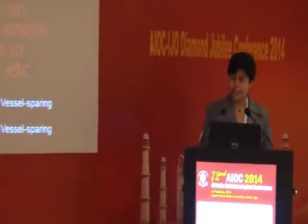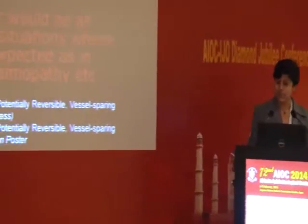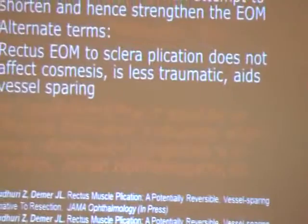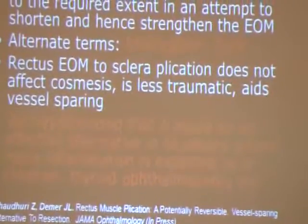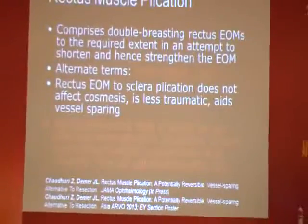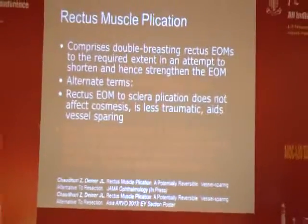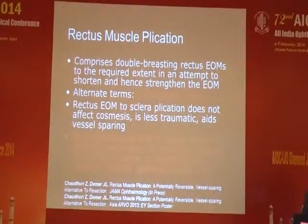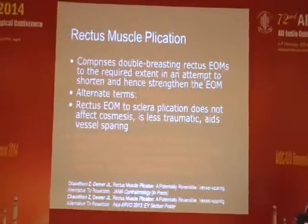A rectus muscle plication comprises double breasting the rectus extraocular muscles to the required extent in an attempt to shorten and hence strengthen the extraocular muscles. Various alternative terms like imbrication or tuck have been described in literature. Rectus extraocular muscle to sclera plication does not affect cosmesis, is less traumatic, and aids vessel sparing when required. We hypothesize that it would be an effective alternative in situations where more inflammation is expected, as in children, or